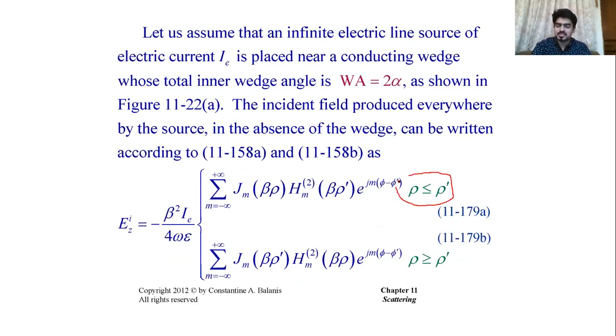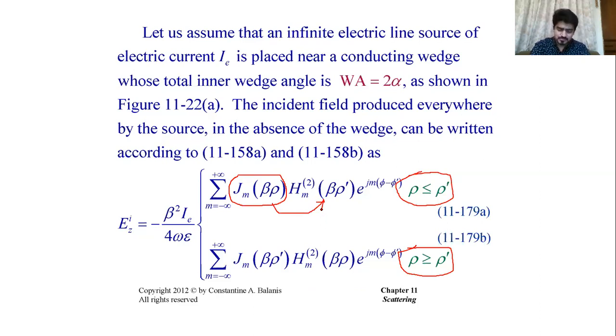One region is where rho is less than or equal to rho prime, and the second region is where rho is greater than or equal to rho prime. So for the first region, again we have shown, and you know by this time, that in region 1 we will usually have a Bessel function type of solution. So we'll have an infinite summation of Bessel functions, and along with that we'll also have this Hankel function of the second